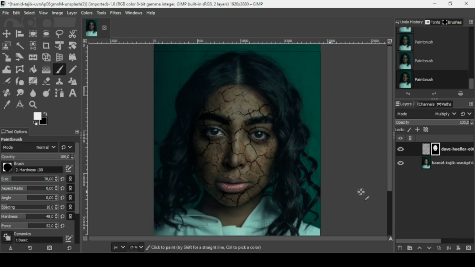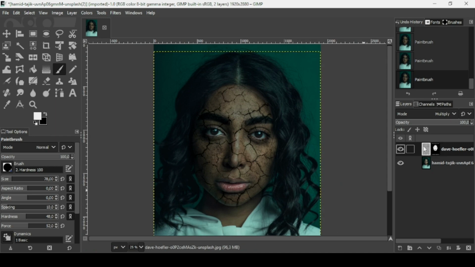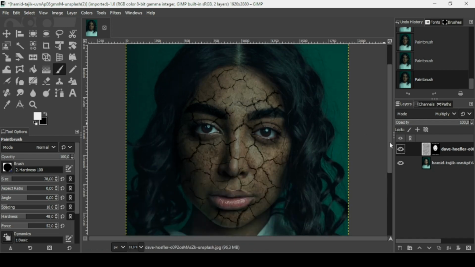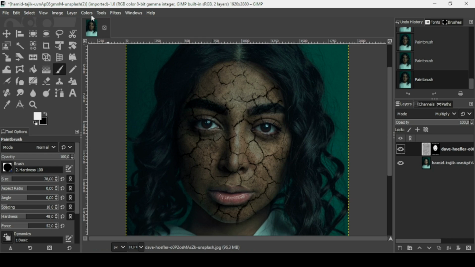And now press the minus key on your keyboard to zoom out. And now make sure to select the texture layer, not the mask here. So as you can see, there's a white outline. So here's the mask. So here's the texture layer. And now go to colors. So I'm going to press the plus key on my keyboard to zoom in. So here I'm going to center the face, go to colors,